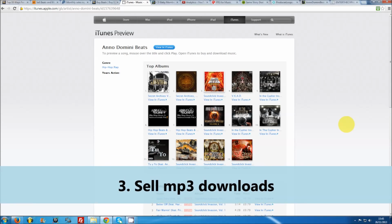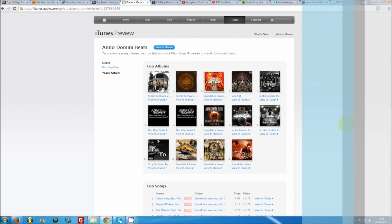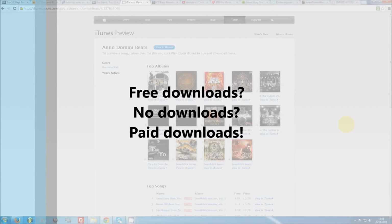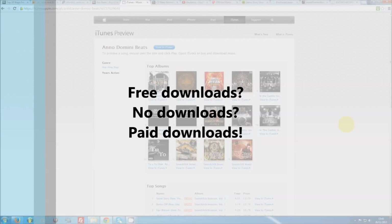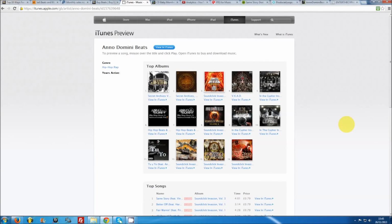A lot of producers neglect selling MP3 downloads to their beats, opting instead to give out free downloads, or not to allow any downloading at all. However, giving out MP3 downloads for 99 cents or $1.99, for example, can actually be a great additional revenue source. Essentially this is free money, as you can make it clear to your customers that the MP3 downloads are intended